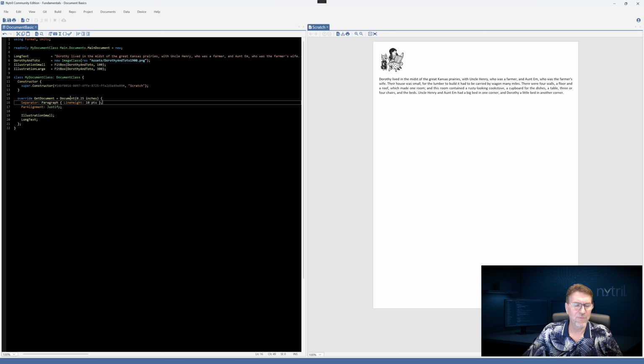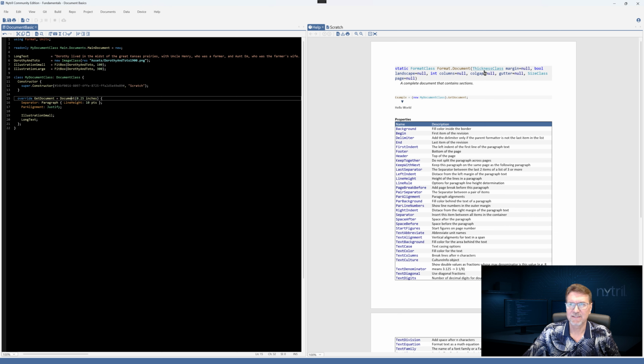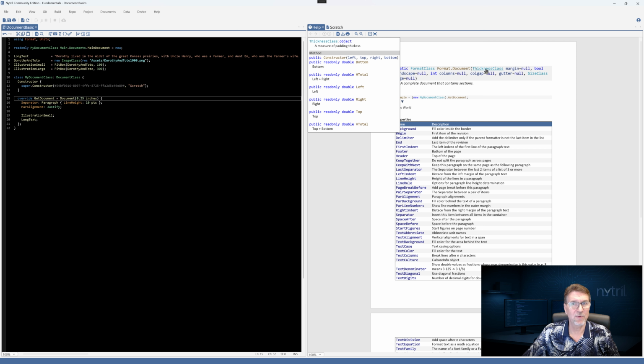Straightforward. But if we want to be a little more advanced with our margins, we can actually take that thickness class, which if we hover over it here, we'll see that it's constructed with a left, top, right, and bottom thickness that will lay out the margins.